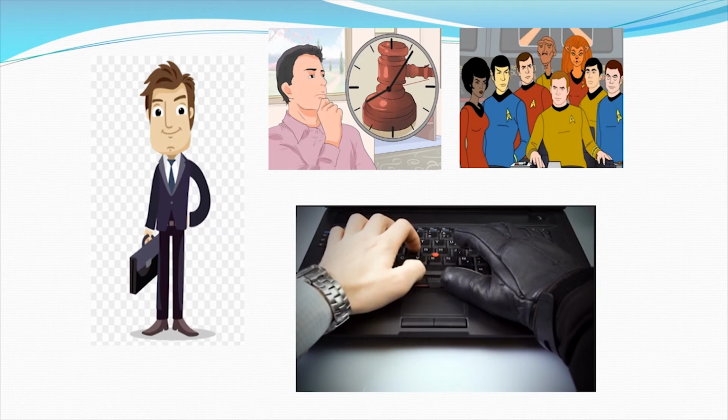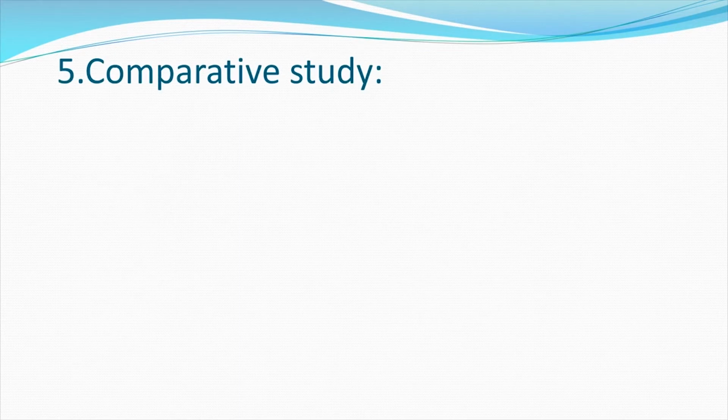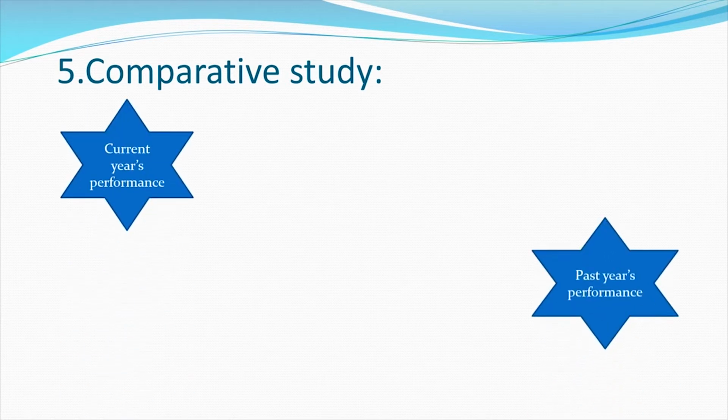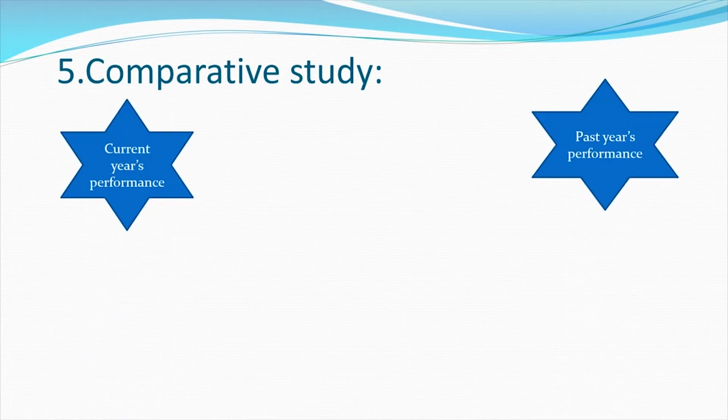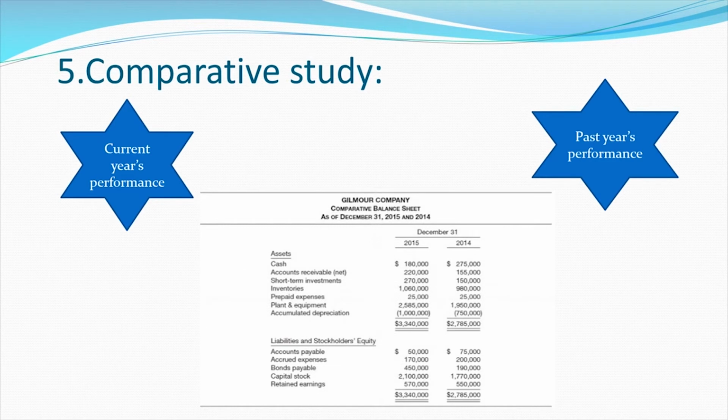A business can sue any person, group of persons for performing illegal activities against the business or vice versa. Accounting helps in making a comparative study of the financial results. A businessman can compare his current year's performance with previous year's performances. So, accounting helps in making comparison of current results with the results of previous years as previous data is in written form. Next advantage is it helps in planning.